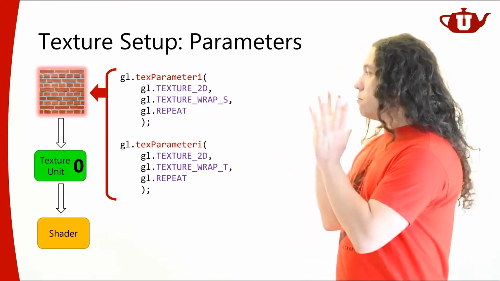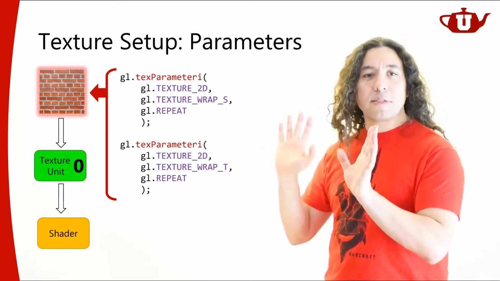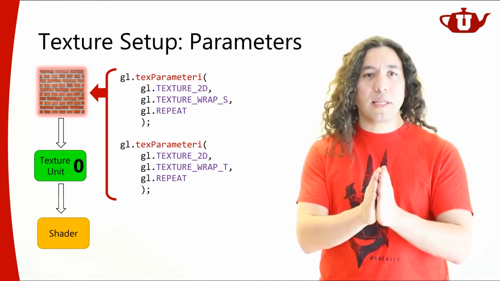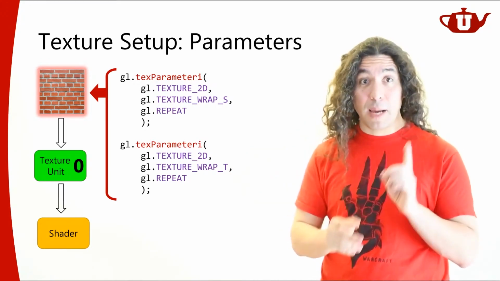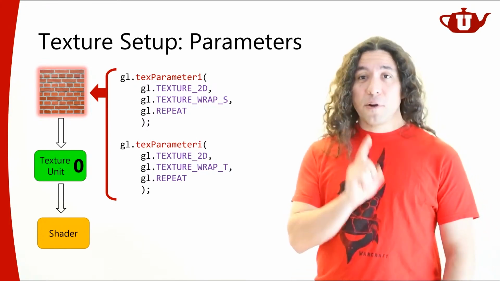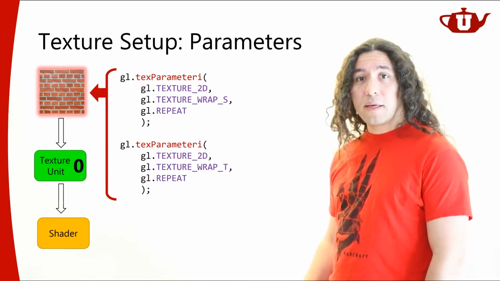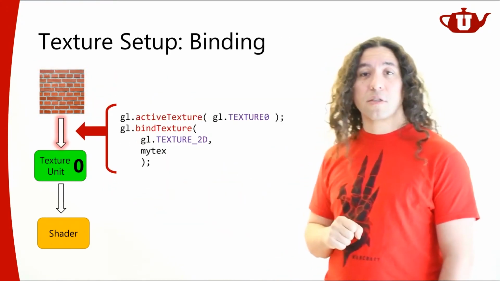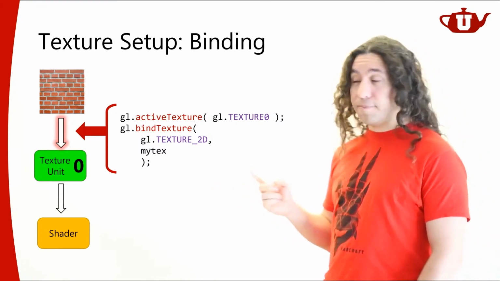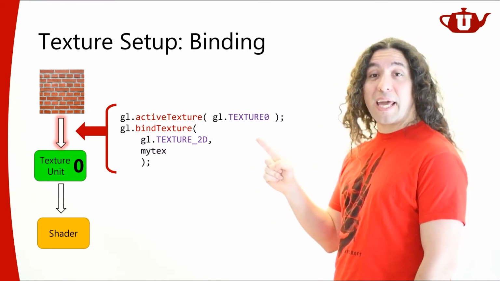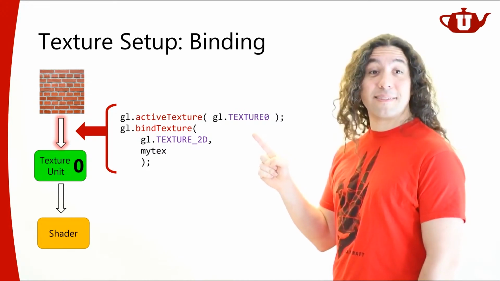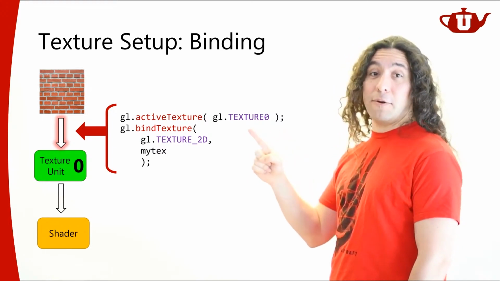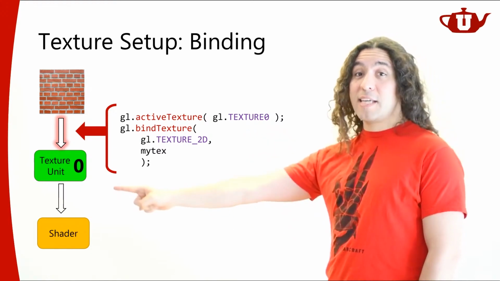All right, now let's say we're done with setting up our texture, it's ready, it's on the GPU, we set it up, we just want to use it now. Let's get to that part. Let's get to the tricky part. The first thing to do would be taking that texture and connecting it to a particular texture unit. And here's how we're going to do that. Now, first, I am going to pick a texture unit. I said GL active texture is TEXTURE0. That means I am picking texture unit 0.